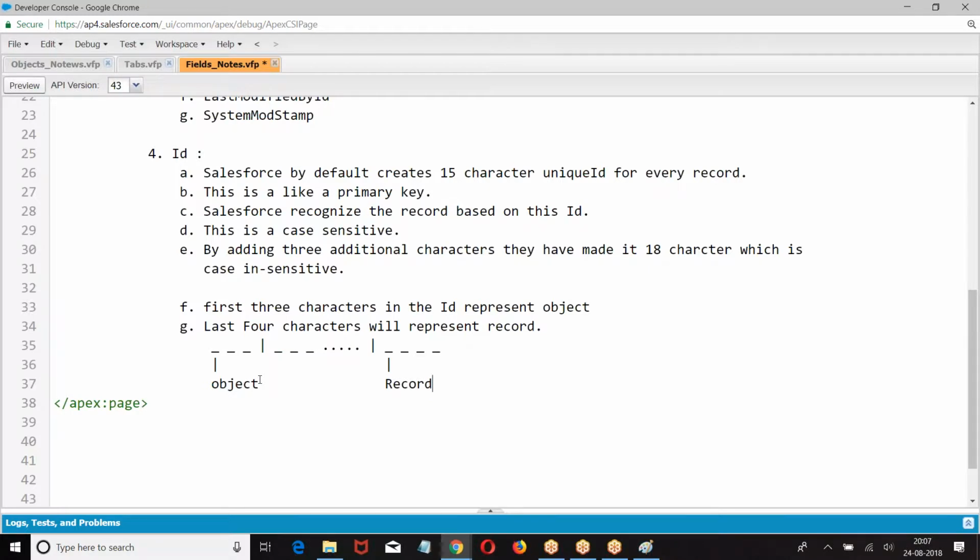Okay. So what is the next one we had? IsDeleted. Now in Salesforce, if you delete any record, it will not be permanently deleted. Just now when we started this class, some objects were deleted, right? Are they permanently deleted?